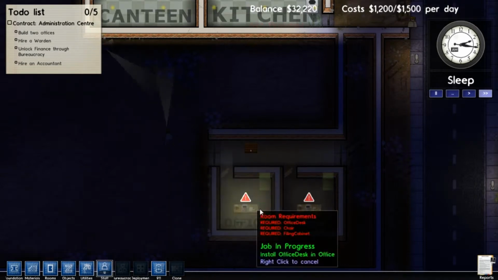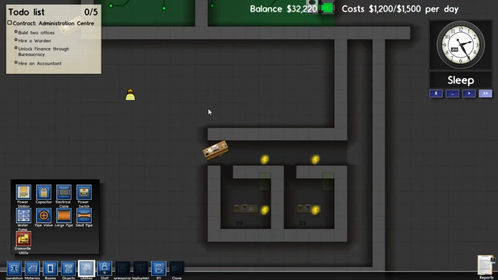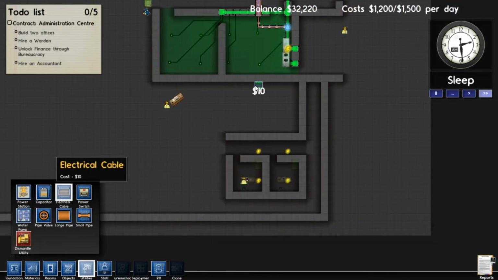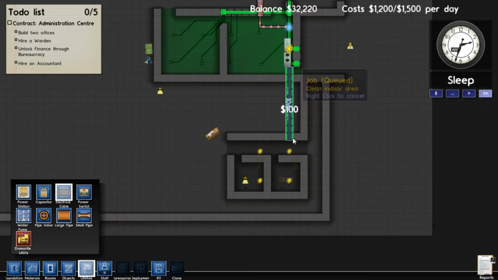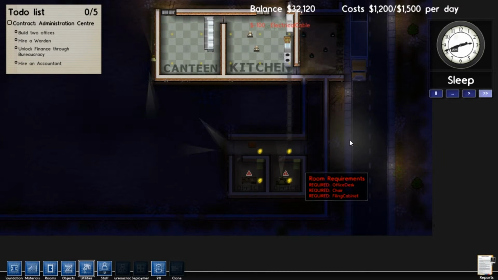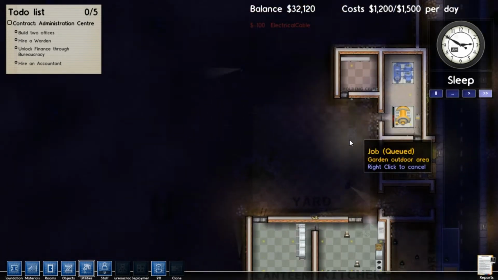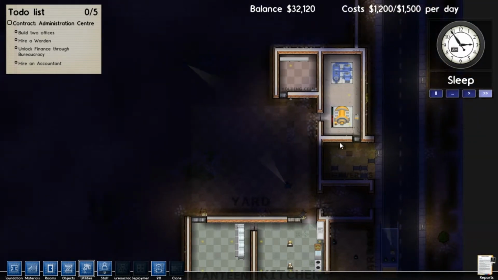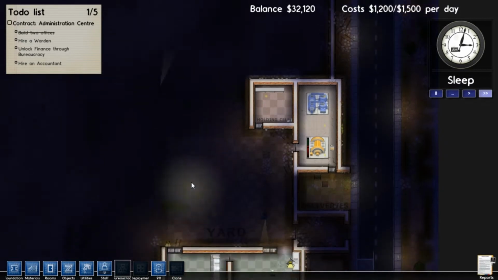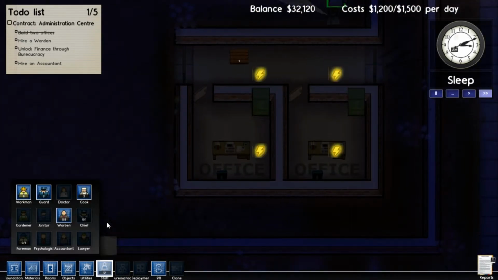I'll just wait until you've got these things. So utilities, I'll just continue this one straight down to there. And that should power everything in here. That one cable. Ooh, 2 offices, perfect. Still no power, but...